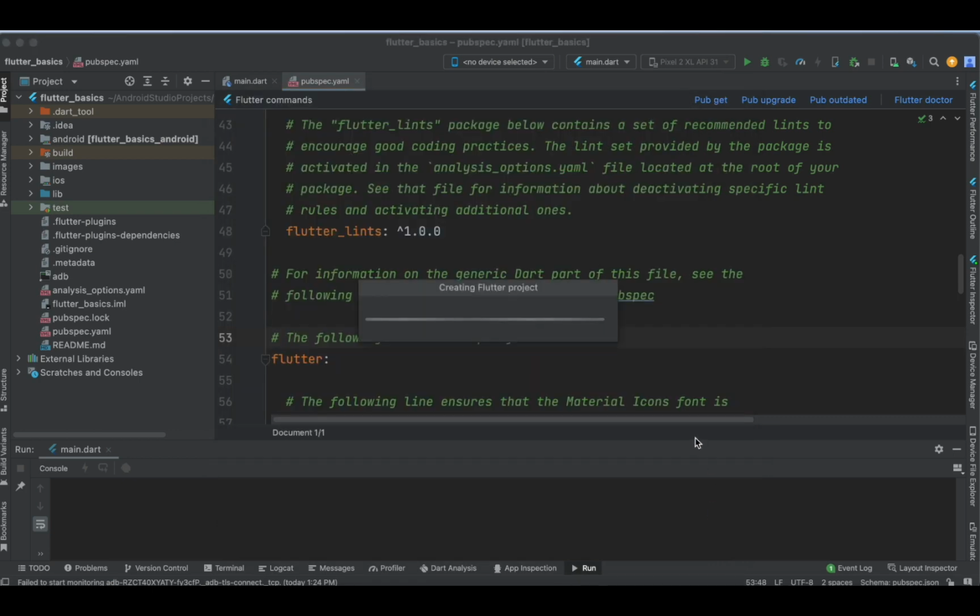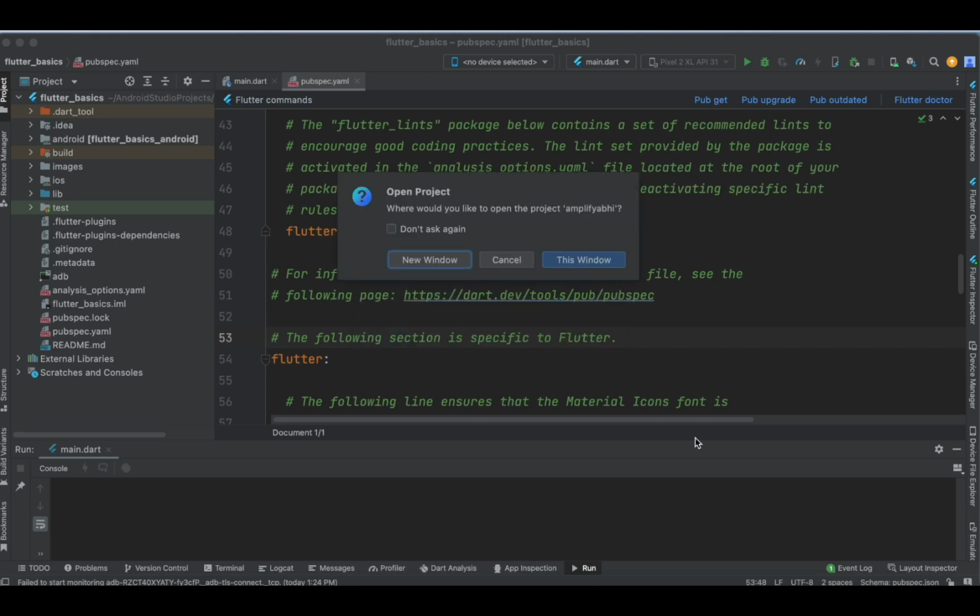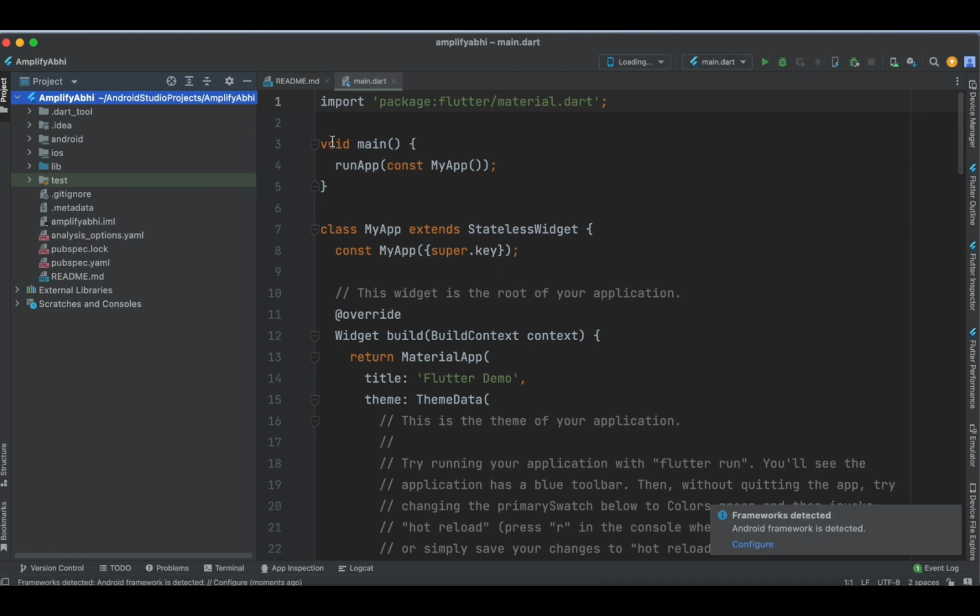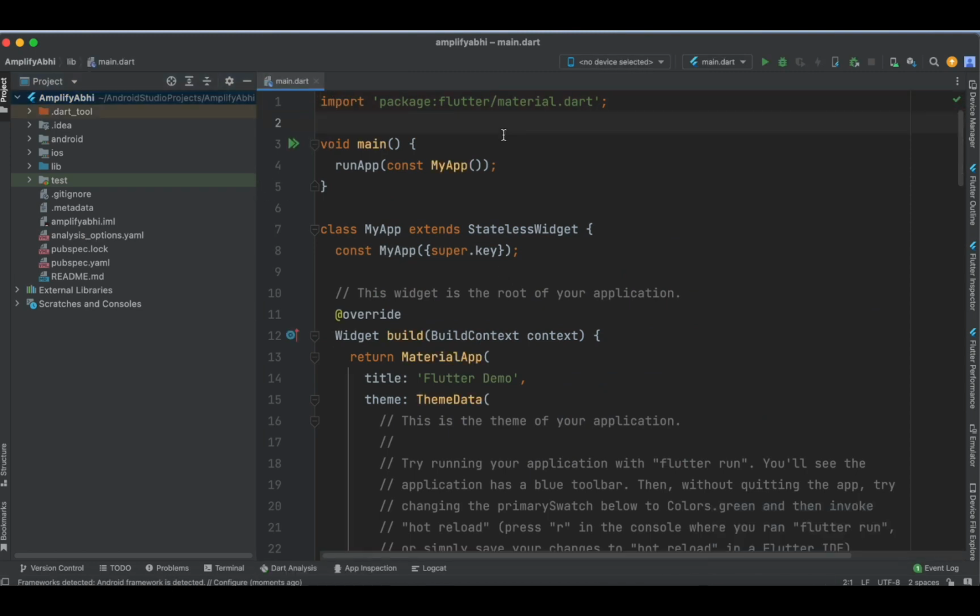So again, this is all the basics of creating your project, and it is asking us to open the project in this window or a new window. So let's use this window itself. And now we have got our new project here, and now let's get started with the coding part of in-app